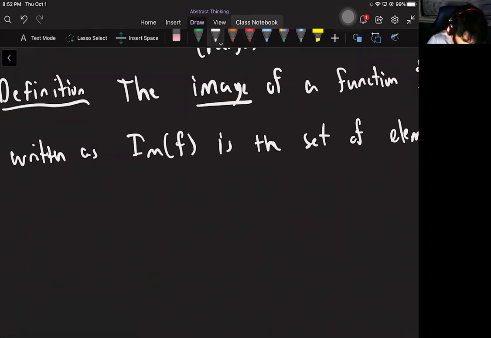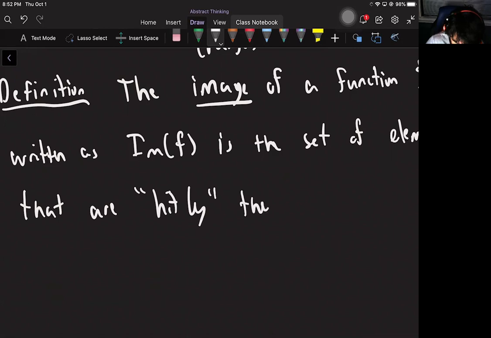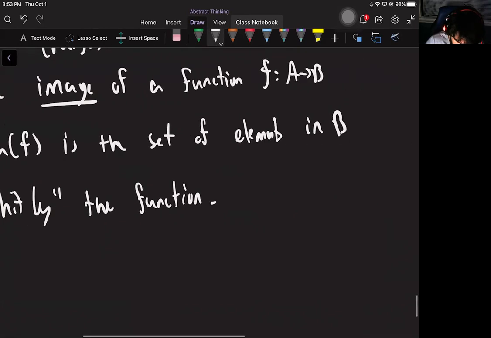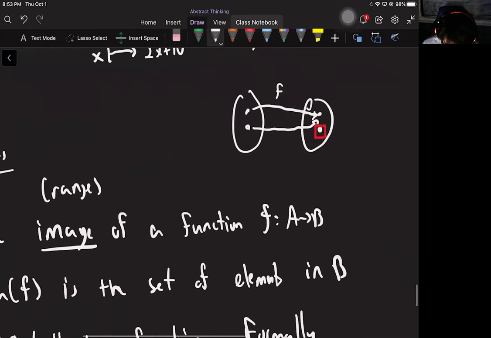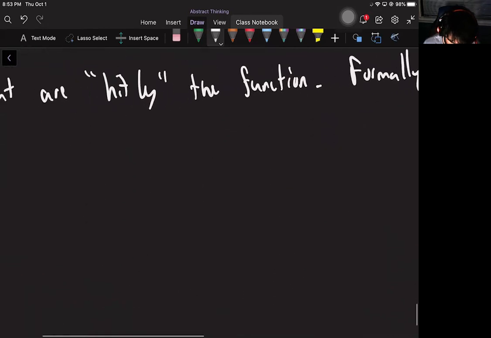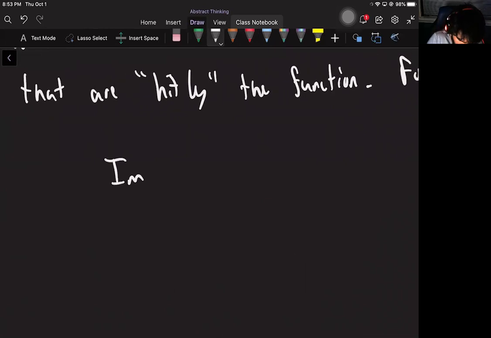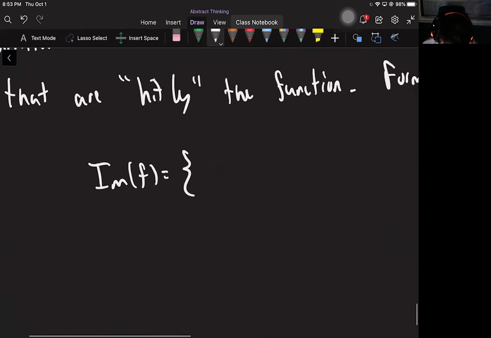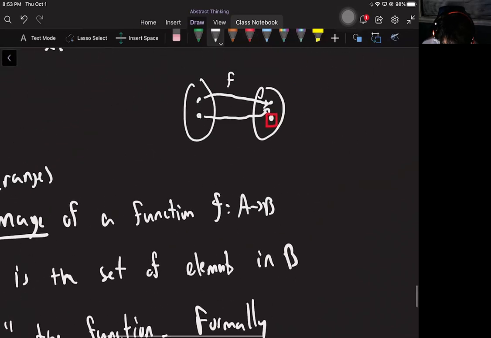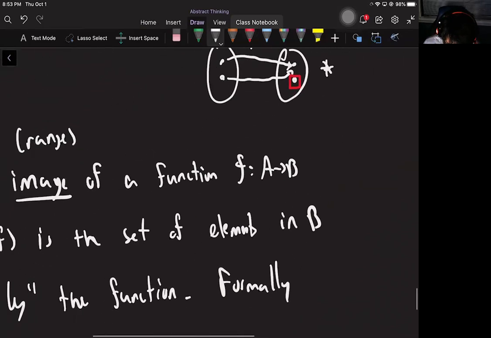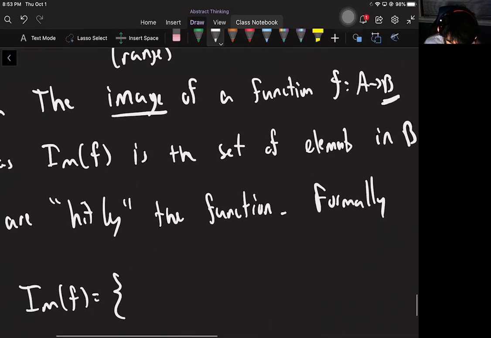Which you have to say in a better way, and I will in a second, but I like to say it this way too, that are hit by the function. So that, of course, is not a real definition. So I have to say the real thing. Formally, how do I say the list of stuff that actually gets hit by the function? Well, it's not so bad. So it's just a set. It's a set living where? Where do the elements come from? Well, they come from B because it's going to be stuff in B in the second set, in the codomain. It's going to be stuff over there,